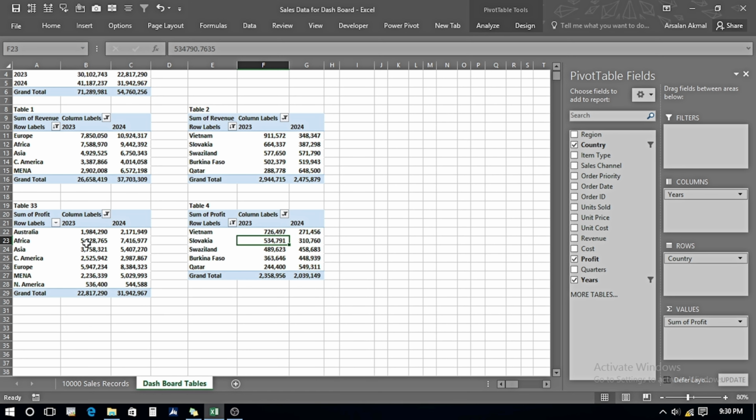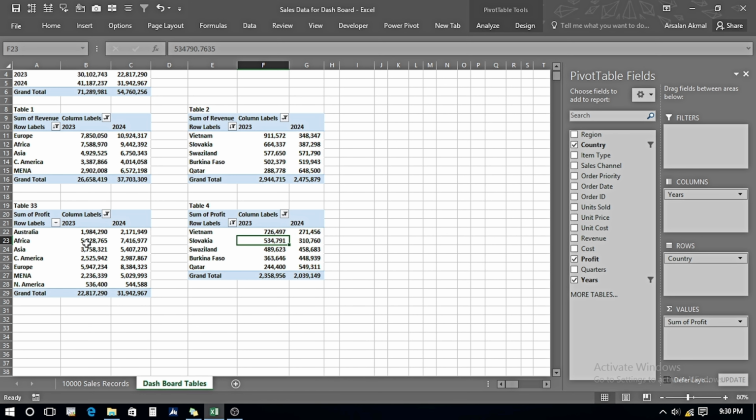So this is table 3, again naming the tables. Now again I just copy this table for making another table which we will be using for charting. This is table 5. I just remove all of the fields from here, bring in the order date in rows. I want years and quarters, so I remove the order date, and in values I will be bringing units sold